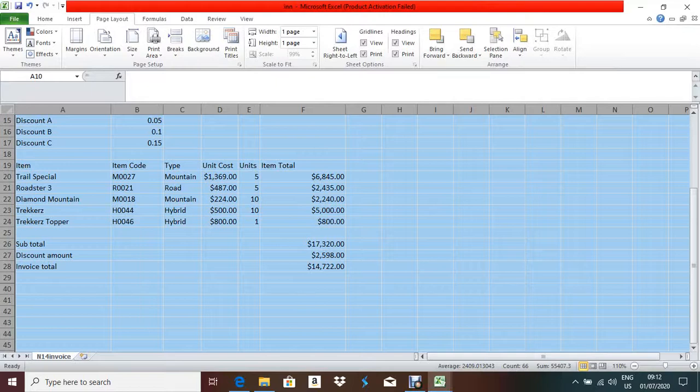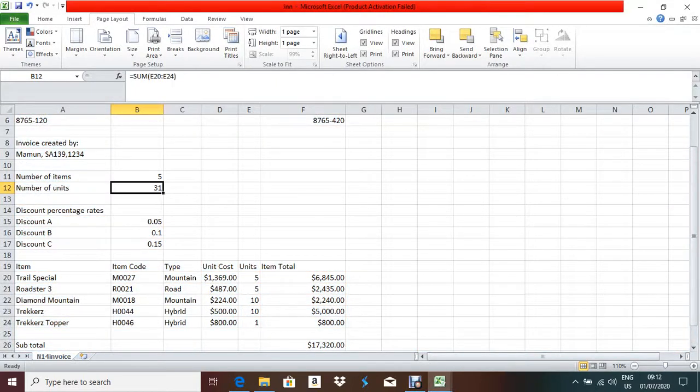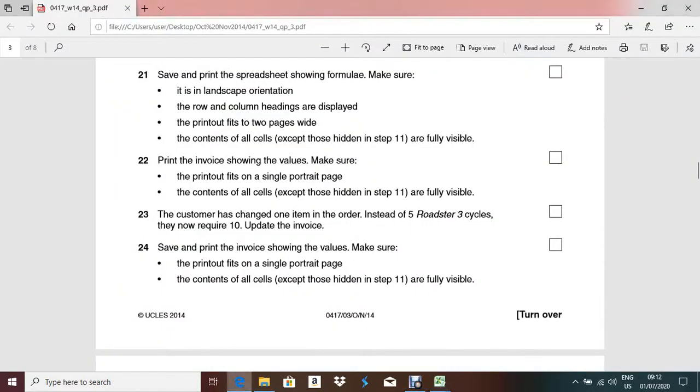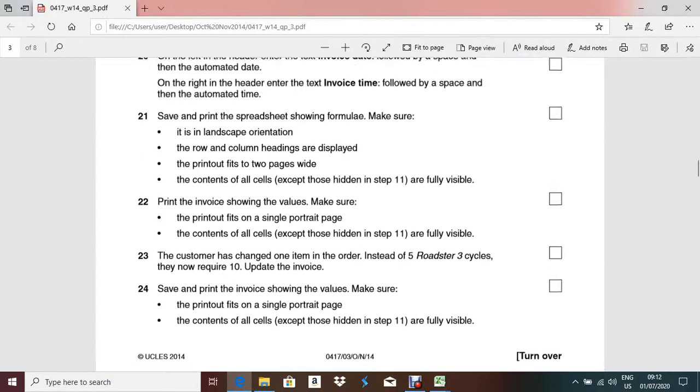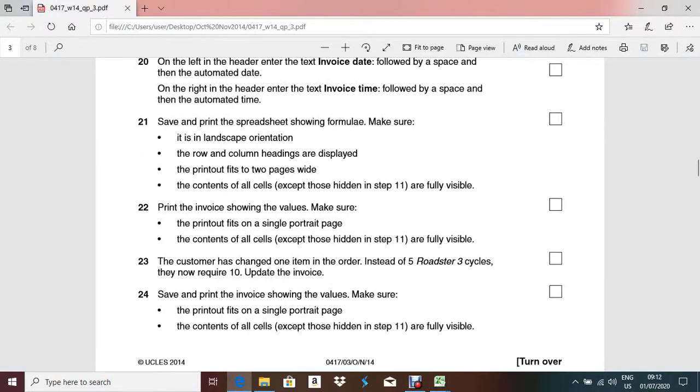Item somewhere is written 5, right? Here item roadster, this one roadster, this 3, this is the item. So check the question paper. The customer has changed one item in the order.